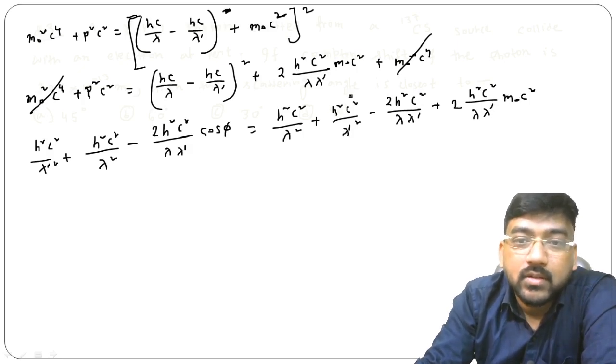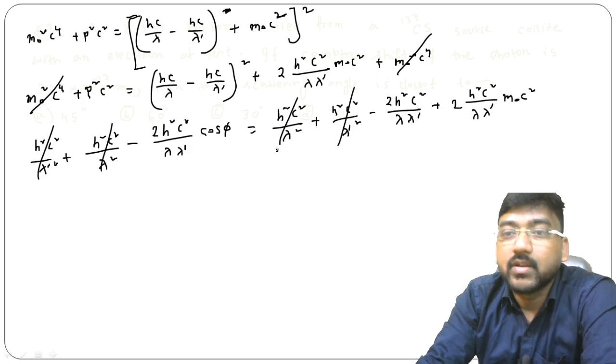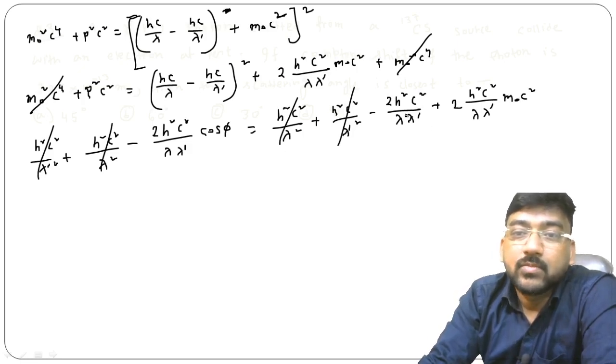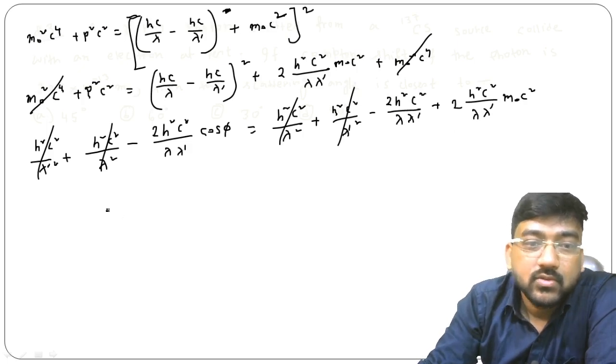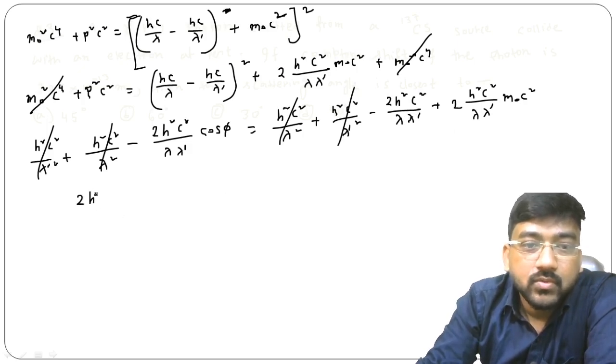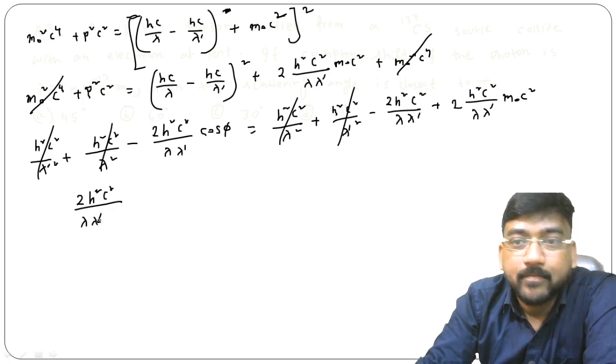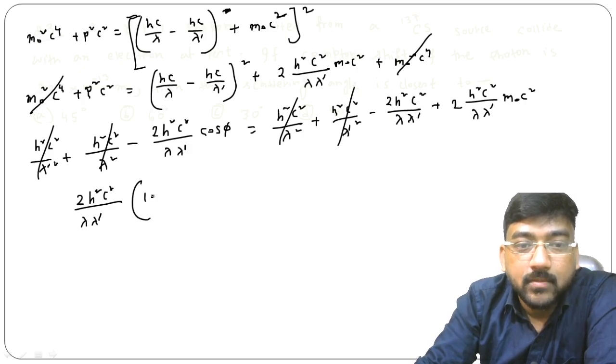Now again this term and this term will be cancelled out. So now if you take the left side and take common 2h square c square upon lambda lambda dash into 1 minus cos phi,